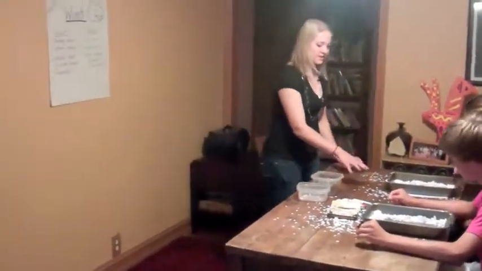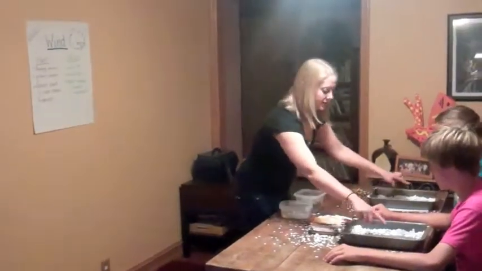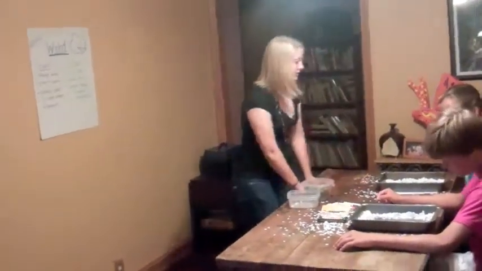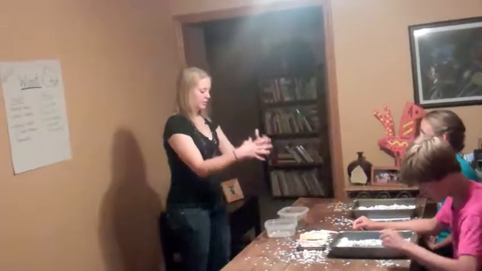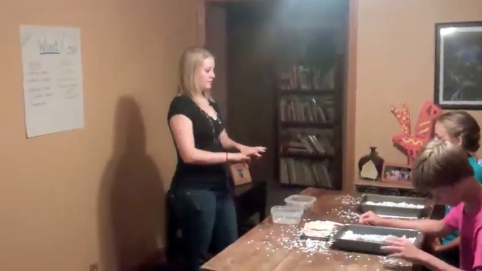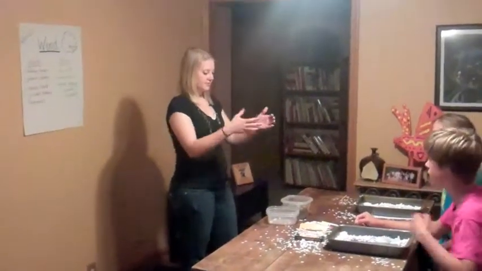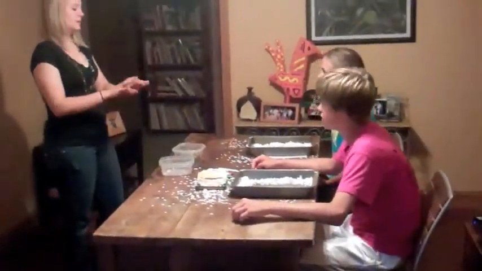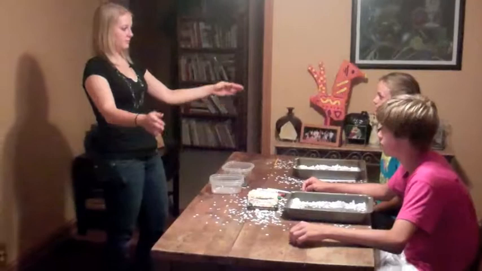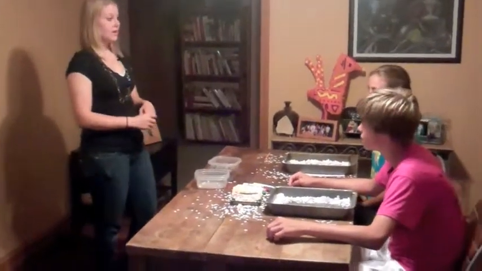So if you look at the pan, it looks like it collected all the way around the outside of it, right? So what do you think that would look like if the wind were actually blowing on the dirt? What do you think that might be? A hole. Okay, it can make a hole. Or if it's not making a hole, well, I guess it could be making a hole, but what would be on the side of the hole? Valleys? Kind of like a mound.